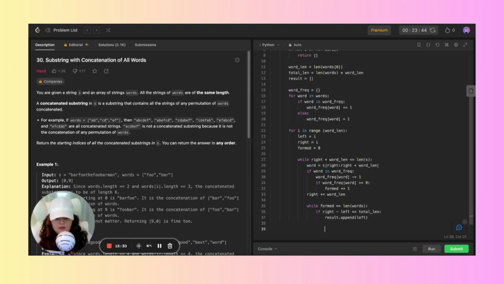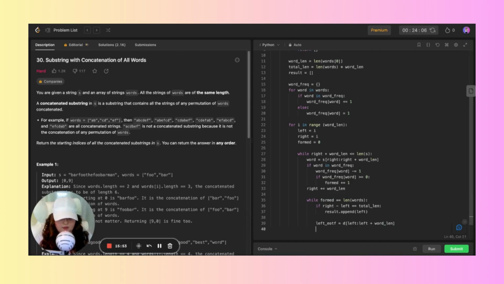So this does bring me into adjusting the left pointer to slide that substring window. So I'm thinking left word equals s, kind of doing that same thing from before, word length. So basically, oh, that's not that. That wasn't even word. How did that even happen? So we're going to say if left word in word